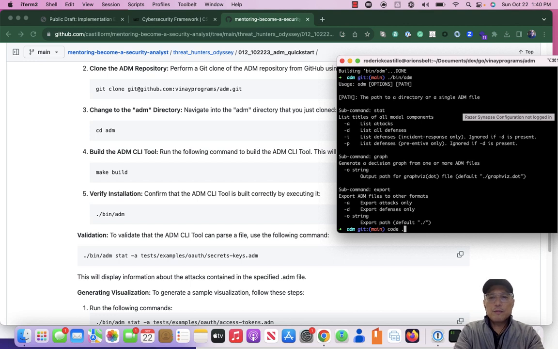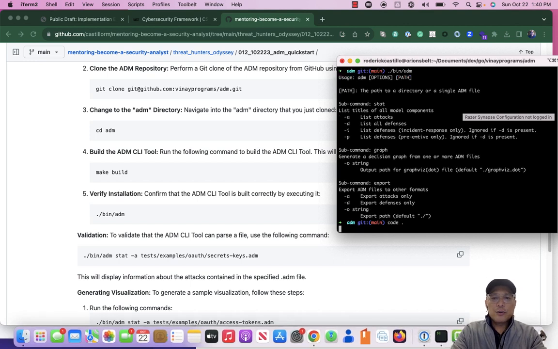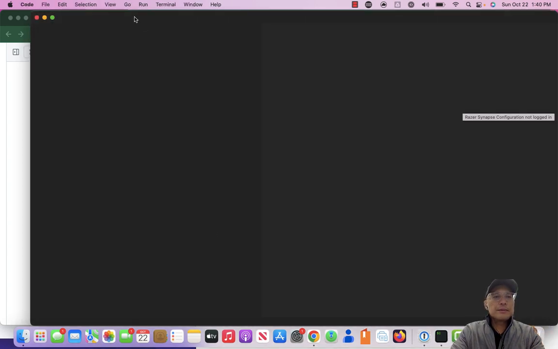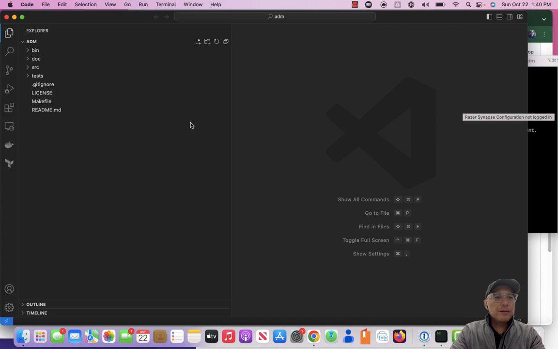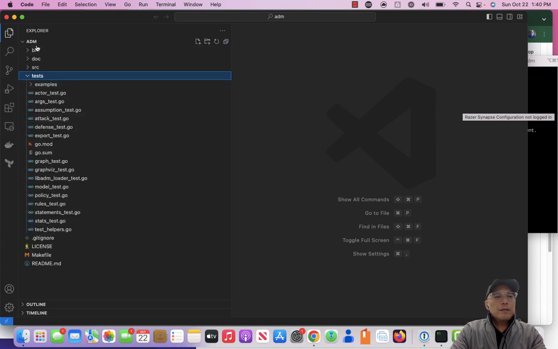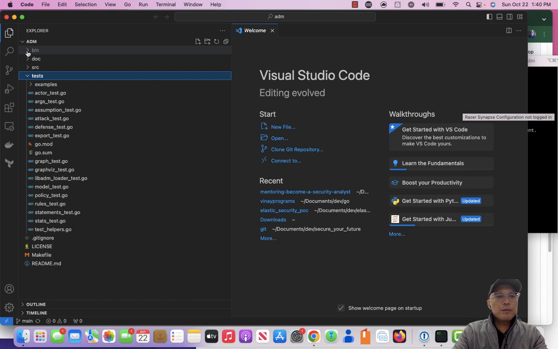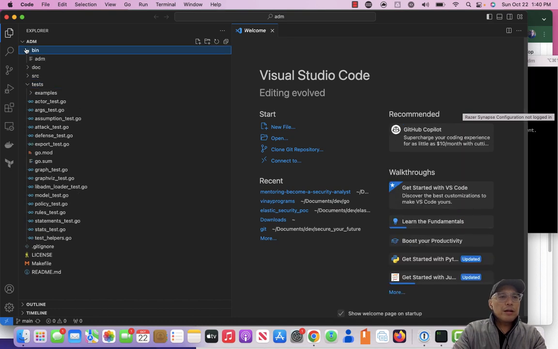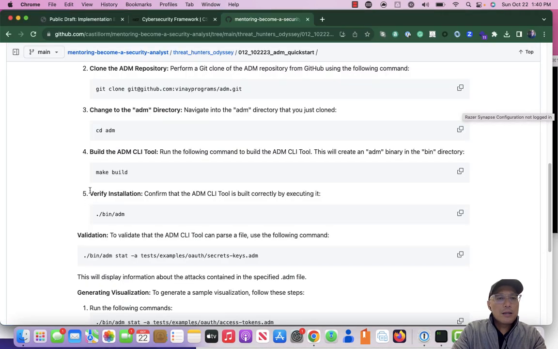Let's go ahead and open up VS Code. Let's just take a quick look at this file. When you do a git clone and you do a build, it's going to create an executable in this bin directory. It's going to create ADM. That's what it created, an executable. But he's also provided a number of examples. So what we're going to do is